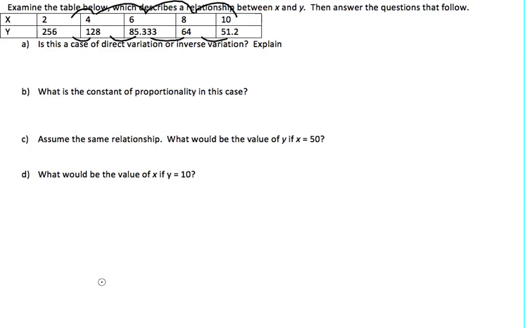And not only does it decrease, it decreases at a decreasing rate. The initial drop is pretty large, but the decrease down here is pretty small. So the amount we're decreasing by also decreases. That makes this inverse. That's exactly what inverse variation means. Inverse, and our reason is as x increases,